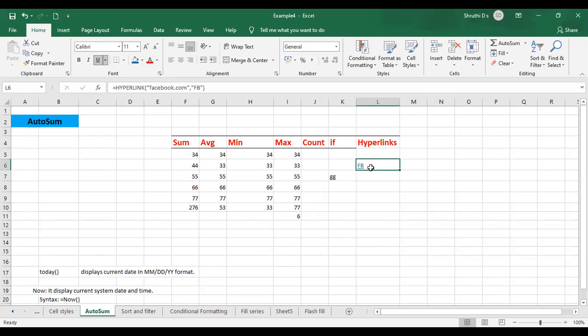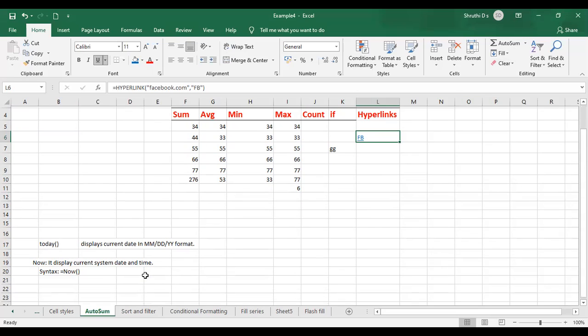As you can see in the cell, it has created a hyperlink. Hyperlink means once I move the cursor over it, you can see a finger popping out. If I click on this, it will take me to the browser. While sharing the screen, I cannot show you Google Chrome now. So please make sure that you create a hyperlink, and you can click on this. Definitely it will take you to that link in the web page. Try to do this hyperlink as an assignment. Okay, so this is about your AutoSum option.